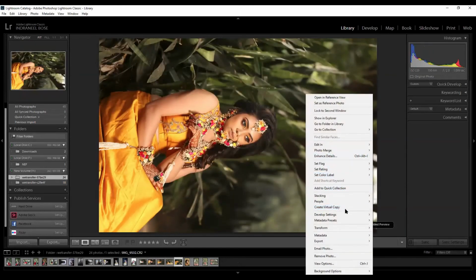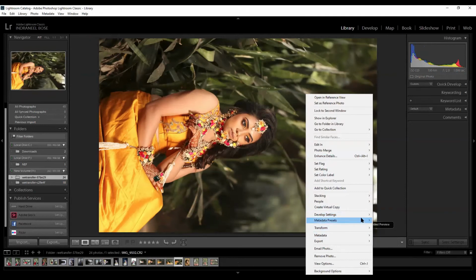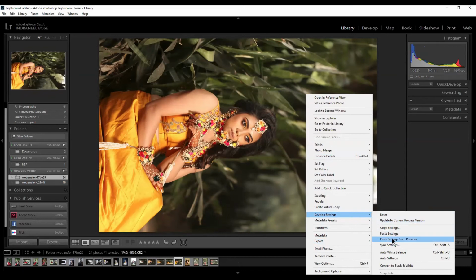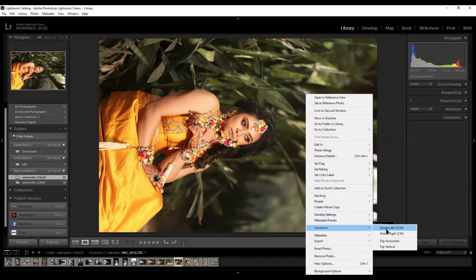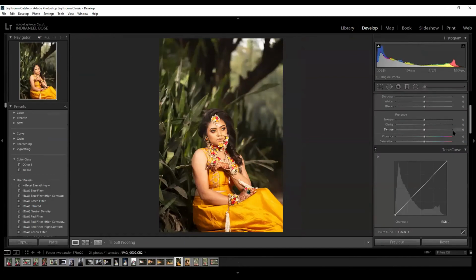Can you see the image? Yes. Now, how can we create a shallow depth of field? So we go with the same approach. Now, one thing you can easily do.